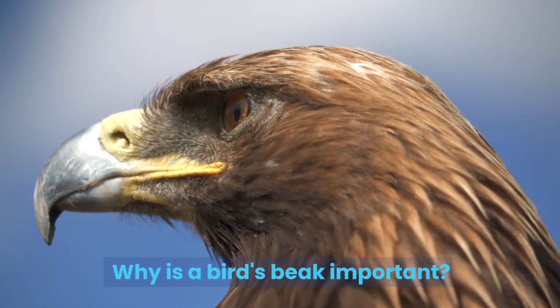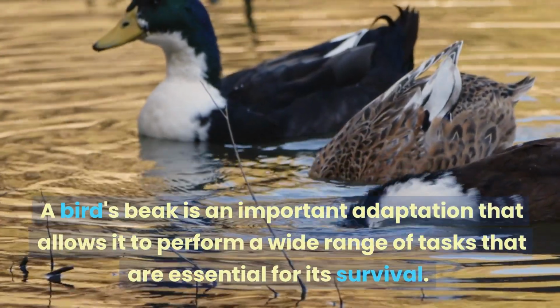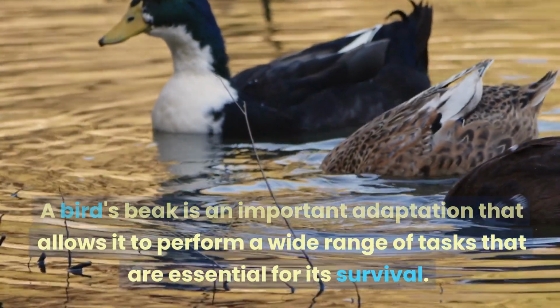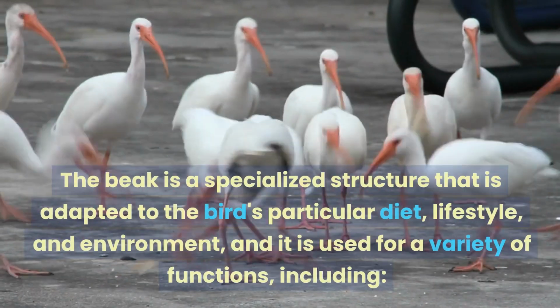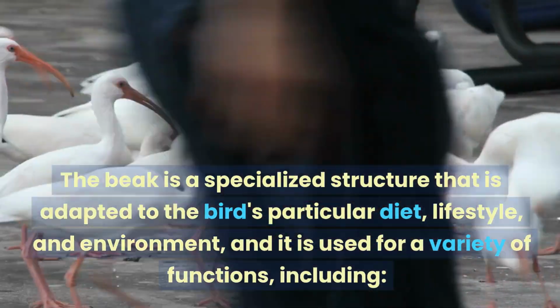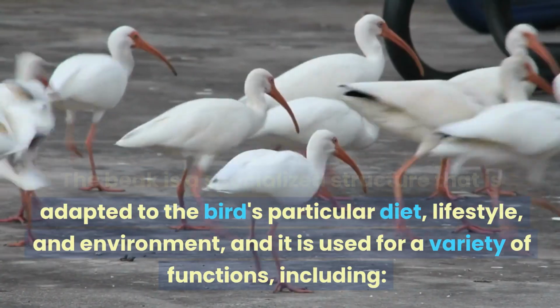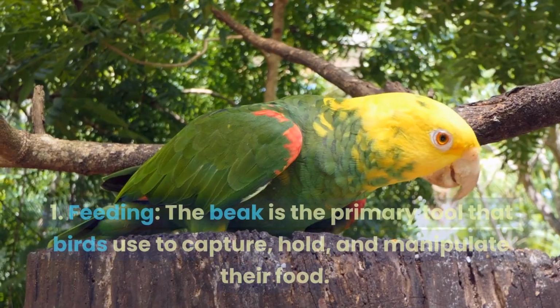Why is a bird's beak important? A bird's beak is an important adaptation that allows it to perform a wide range of tasks that are essential for its survival. The beak is a specialized structure that is adapted to the bird's particular diet, lifestyle, and environment, and it is used for a variety of functions, including: